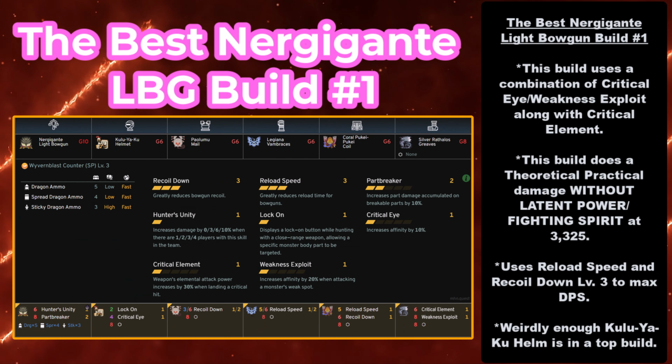And that moves us to the best Nergigante light bowgun build, starting with number 1, a build that uses a combination of critical eye / weakness exploit along with critical element. And this build does a theoretical practical damage without latent power / fighting spirit of 3,325. And as with all light bowguns, it uses reload speed and recoil down level 3 to max out your